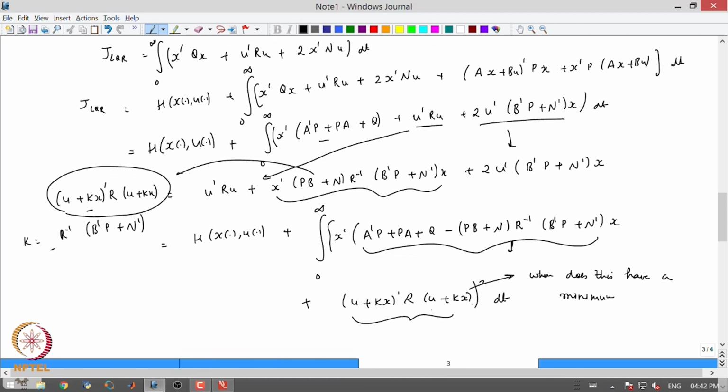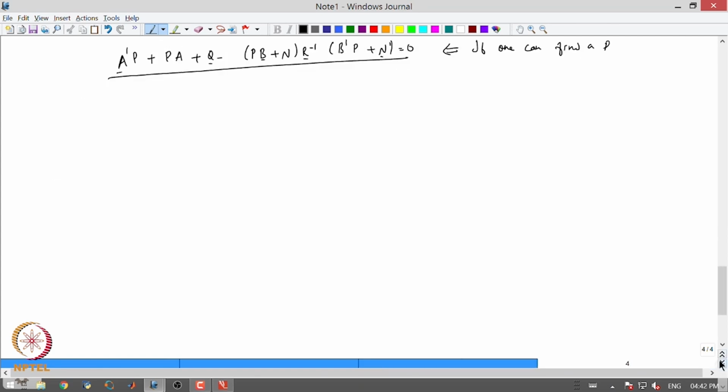Okay. So it is a straightforward answer, right? This will have a minimum when, okay, let's write it down more systematically. So this term, U transpose R U plus K times X, will have a minimum precisely when U equals minus Kx, with K given as R inverse